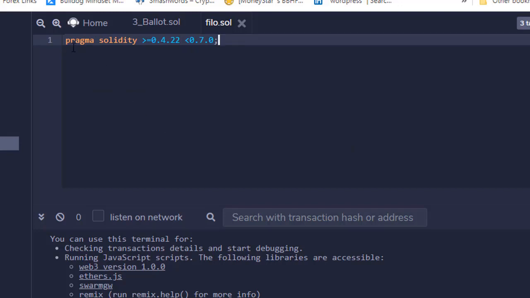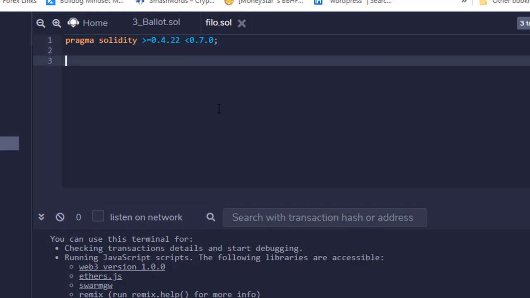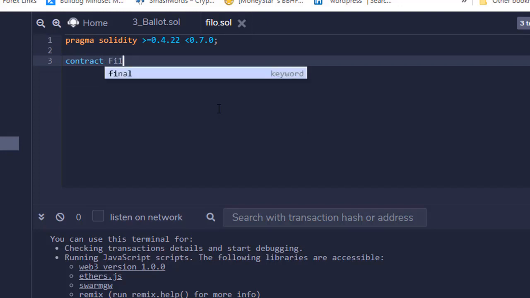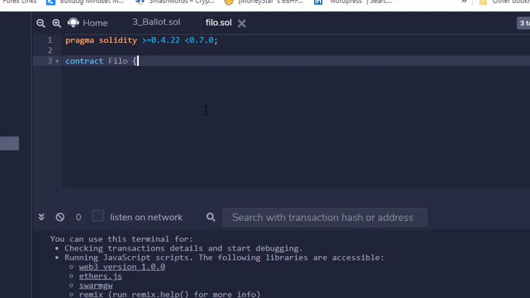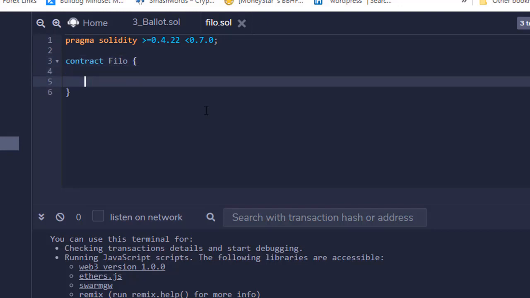It tells that this program is written in Solidity. Next we write contract and we give the name, which should be the same, philo with a capital F. So this is the basic structure of a contract that we can create.